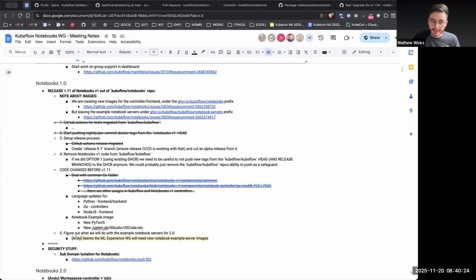So other than these, is there any other things we want to do before that 1.11 final release? We can cut a 1.11 alpha release before then, but I guess we're doing the language before or after the alpha release. That's the question. I think we should get the language in first, just my own personal opinion.